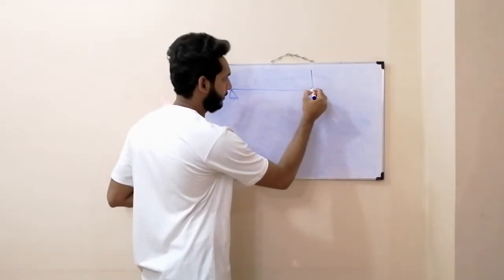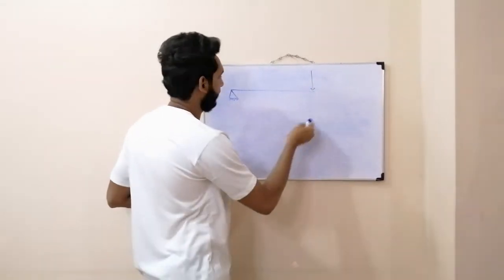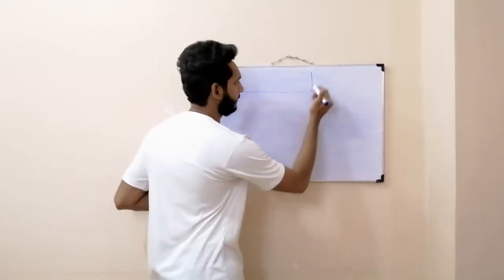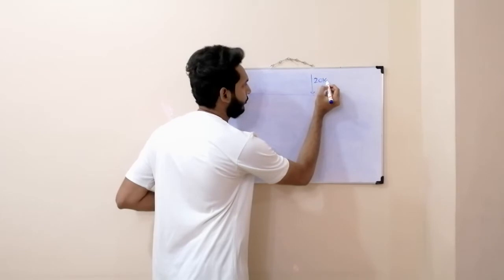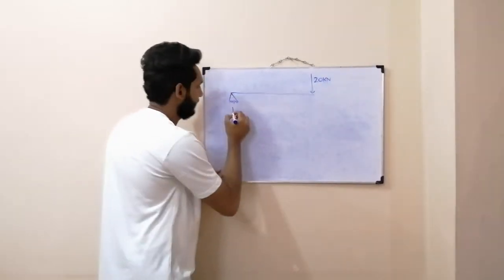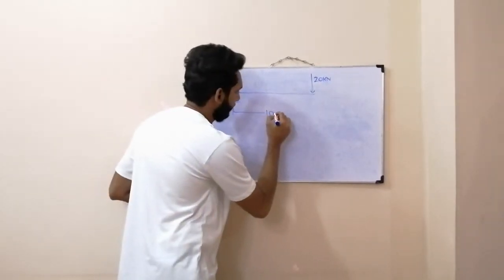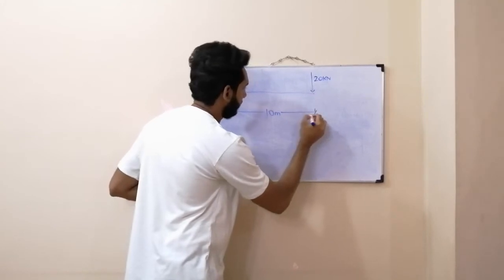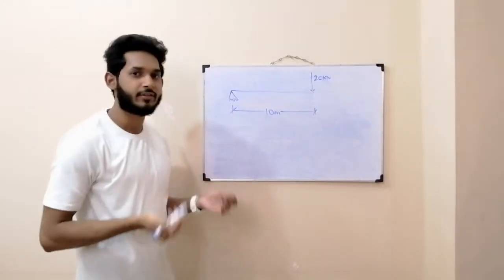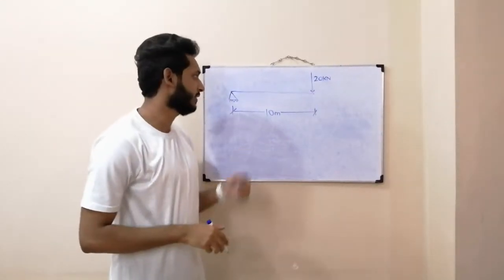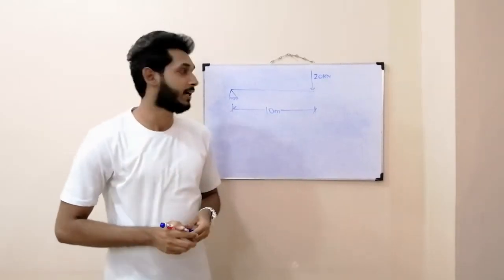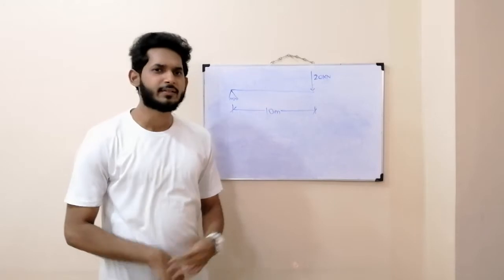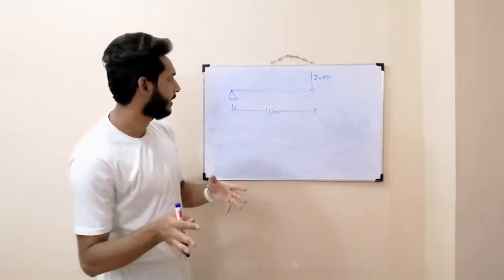They might put a point load at the end or in between a span. And the intensity of the loading could be any. Let's say it is 20 kilonewton and the span is, let's say, 10 meters. And as a graduate, when we see these questions, that it is just a cantilever beam with a 20 kilonewton force right at its free end, we don't look at the question from a faraway point of view, and